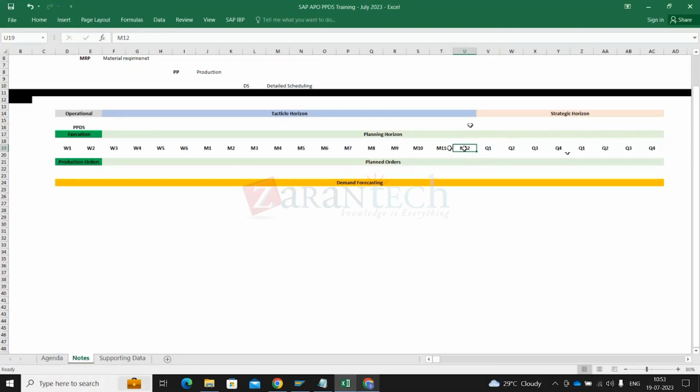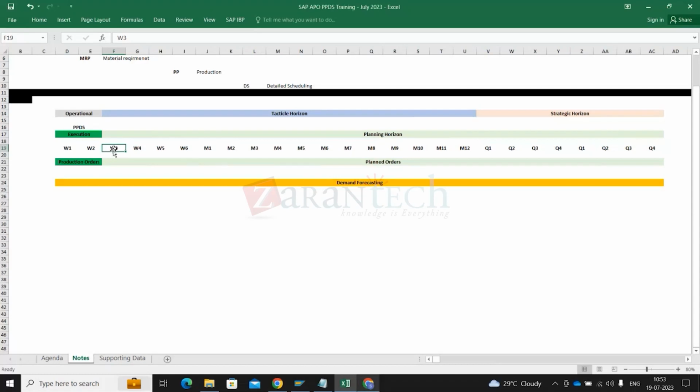Then with the tactical planning, a planner would start working on that and spread it, so that by the time this plan enters these 4 weeks, or say week 3 and week 4, it is already a smooth plan because a lot of people have worked on it for the last couple of months, correct? From Q3 or Q4 till week 3 or week 2, there is a lot of time, almost 2 years. So the moment the rollover happens, when the plan comes near to the execution, it is already converted into the